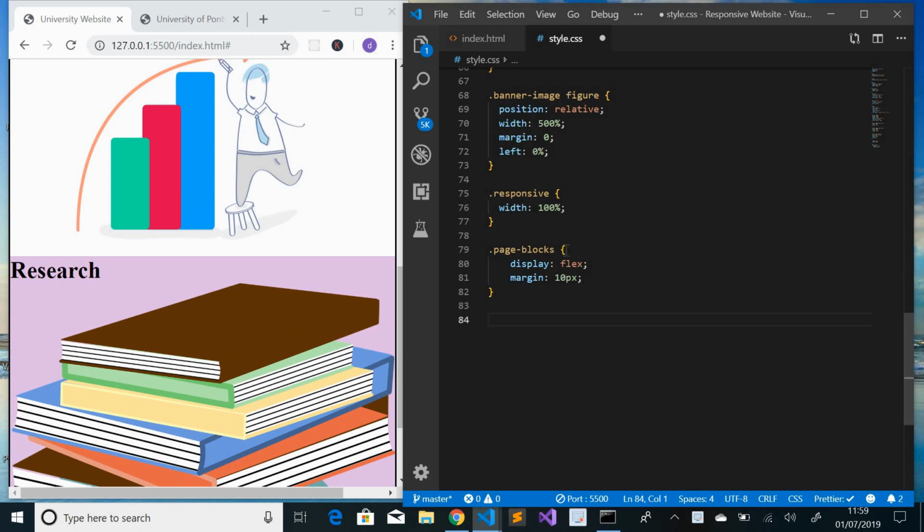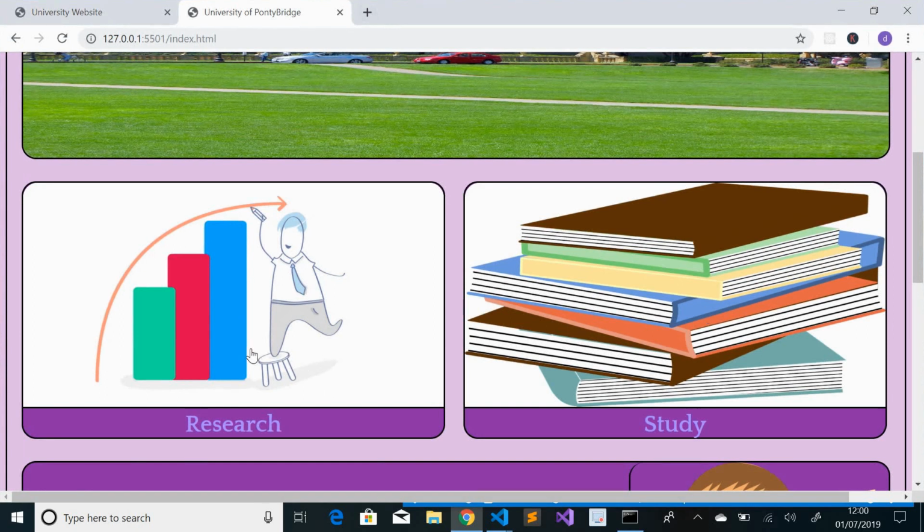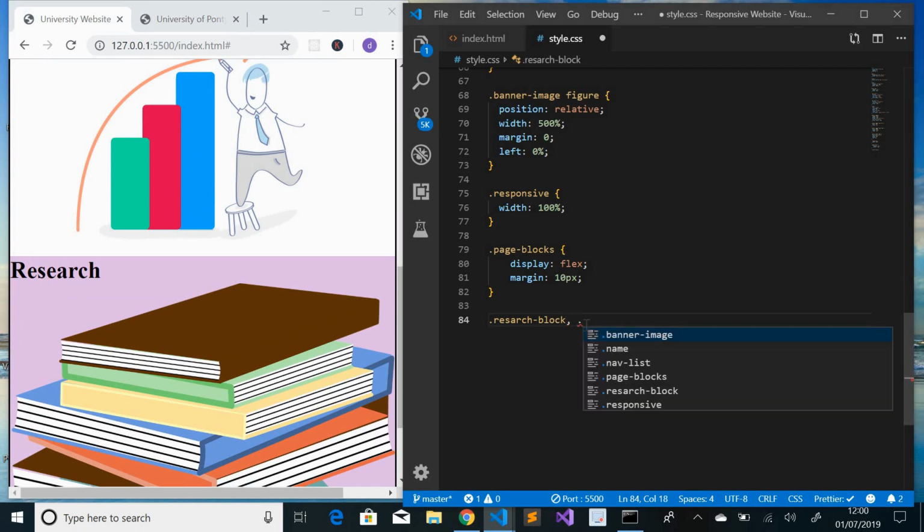Now we write .research-block. As the research block and study block both have the same kind of styling, I will write the code for both of them at the same time. So I'll write .research-block, .study-block